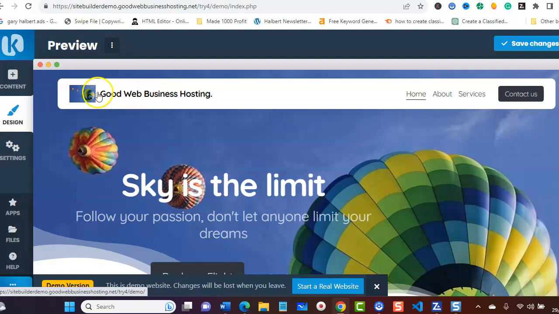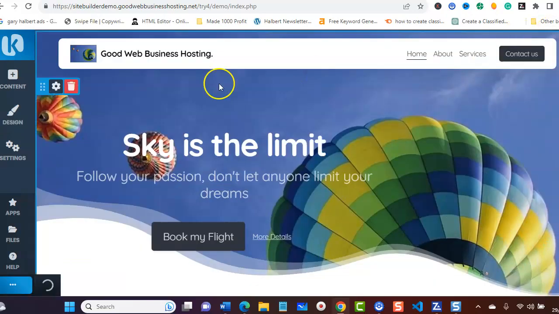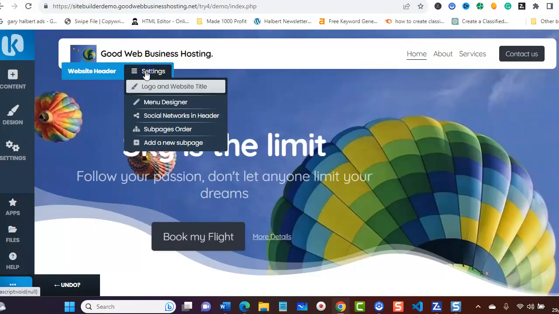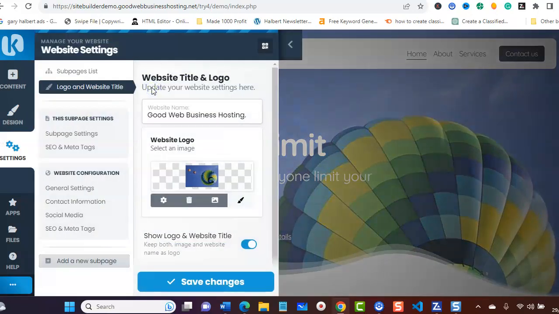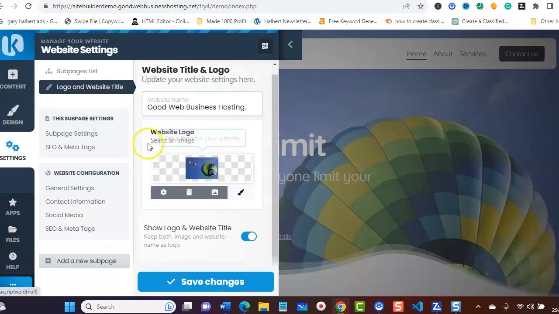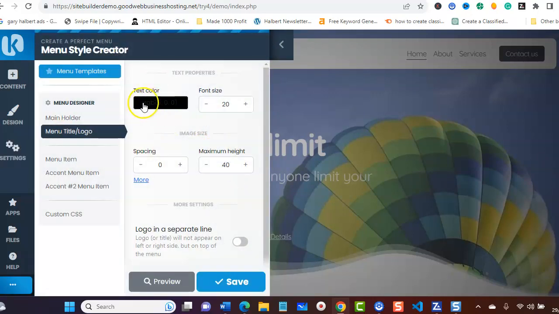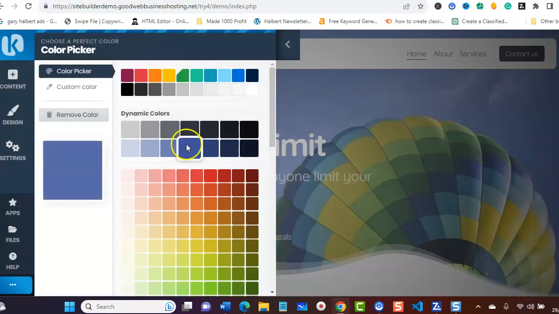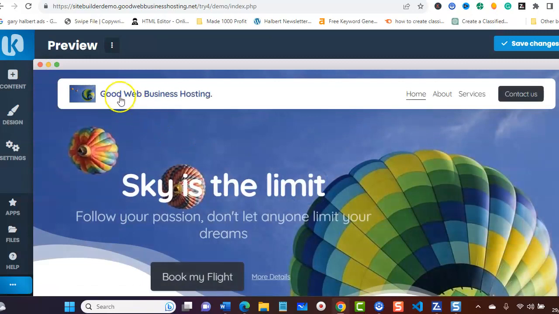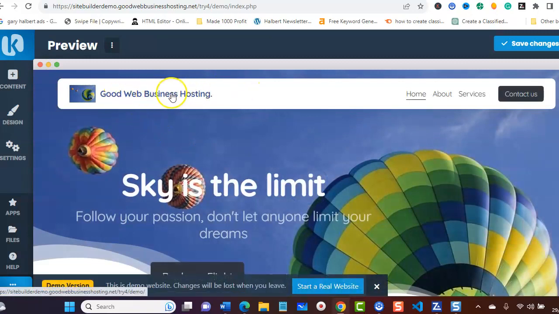If you want to change your actual heading company name, again, save changes, go to settings, go to logo and website title, and then we need to go to there, and there you see that it's black. Click on that, and let's change it, say, to a blue,